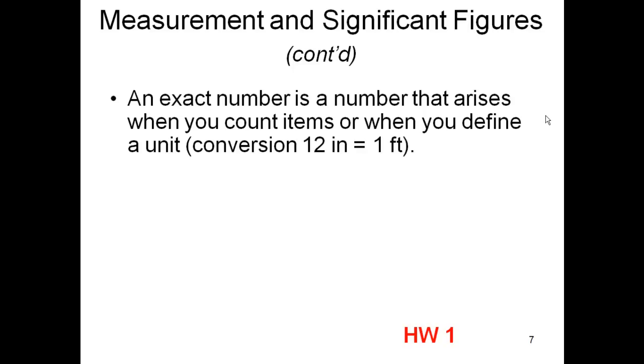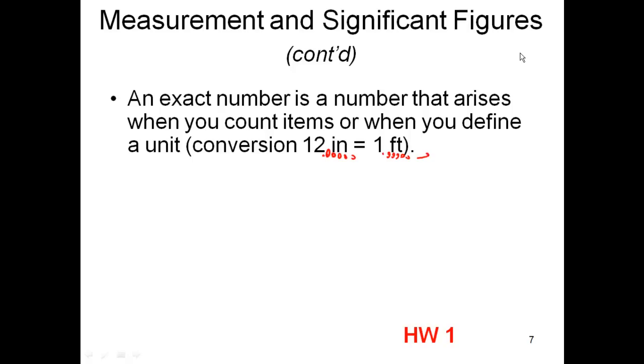An exact number is a number that arises when you count items or when you define a unit. When we say the conversion factor of 12 inches equals a foot, you got to realize that it's not 11.98 inches this time and maybe 12.01 the next time. It is 12 inches is equal to a foot every time, which basically means that that's an exact number. It is not 12. That is 12.00000 whatever, and then